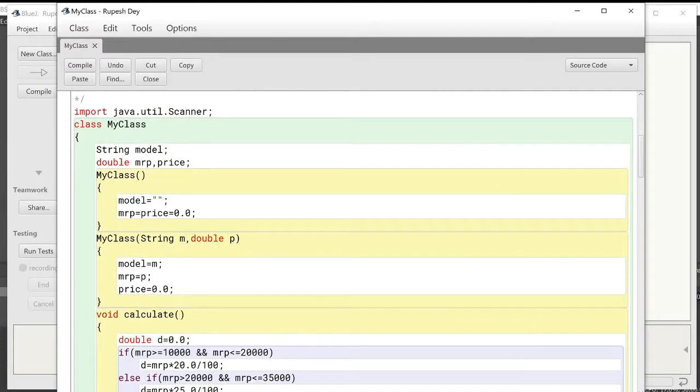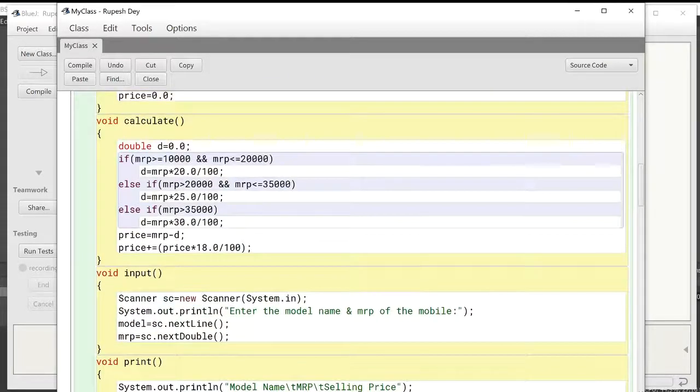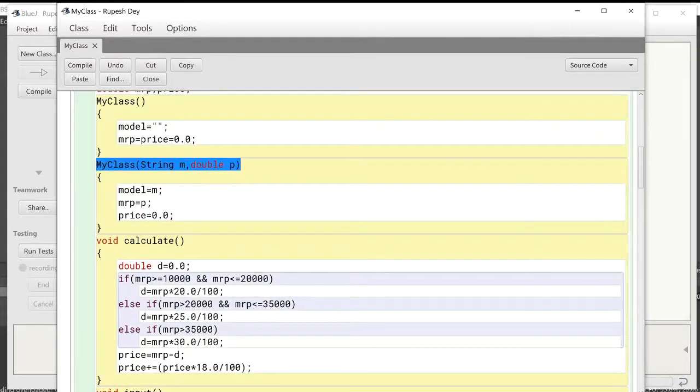So this is the complete program where I have shown constructor overloading also. Two constructors I have defined here. One is the default constructor, another one is the parameterized constructor. So what is constructor overloading? This is the process to define more than one constructor in a class with different function signatures, and they initialize the instance variables in different ways. So this is a class program with constructors. One class program like this will definitely come in your ICSE exam for 15 marks.